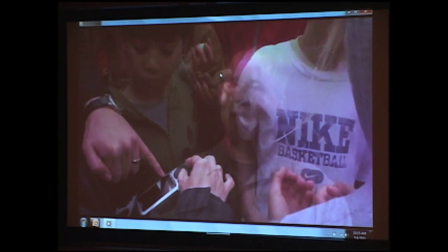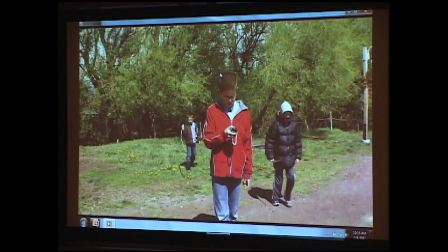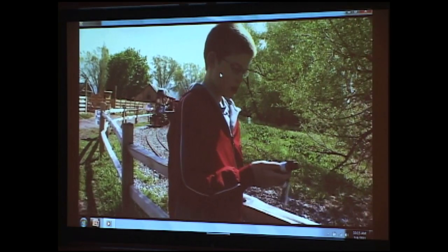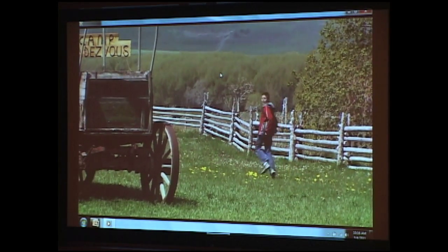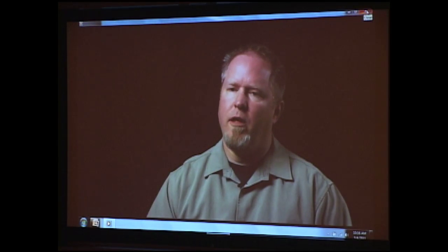As an educator and a scholar, I appreciate this kind of technology and thinking about how to research and develop it. We're going to use the GPS technology that is in everyday handheld devices, and particularly smartphones. And we're going to take the game and make it available to anyone and everyone, and also expand the kinds of places for which this kind of game would be useful for people. What is it that we can take from the past and apply it to our...